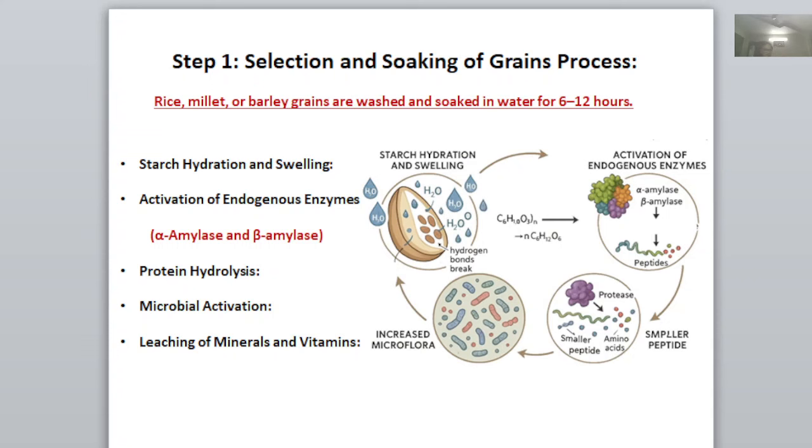Of course, there are not many chemical changes, but due to hydrogen bond network breakage, these compounds are going to be modified. Why? Because a few of the enzymes which are found here, like amylases, alpha and beta amylases, and proteases,